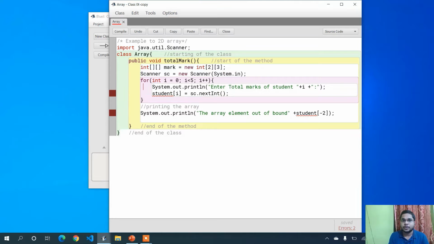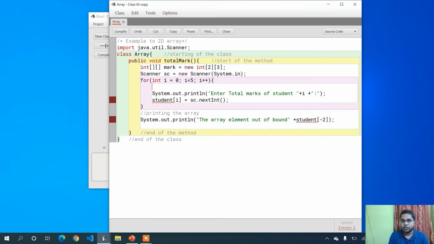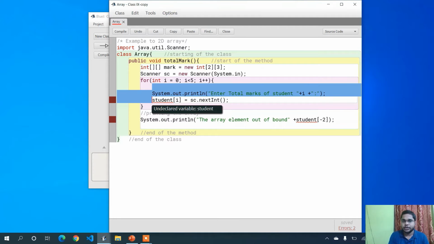Now if you want to put values inside it, how to do that? You can use a for loop to insert the elements into your mark array. In a two-dimensional array we have to use two for loops, one outer loop and another inner loop, to store the data.